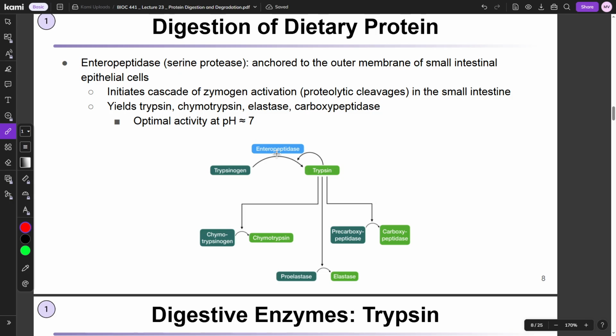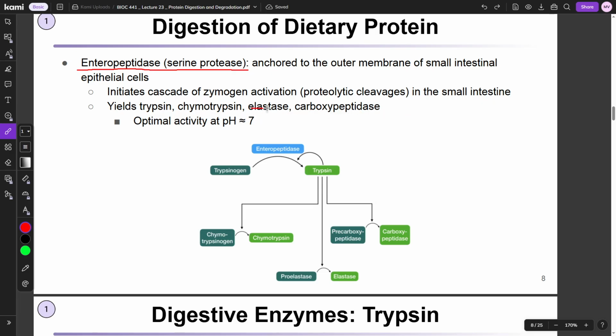Here is the main thing to keep in mind in terms of these intestinal ones: enteropeptidase is very important. Actually, it's a serine protease. It's anchored on the outer membrane of these small intestinal epithelial cells. And so once the pancreas releases all its zymogens into the small intestine, the enteropeptidase, which is an active enzyme on the membranes of the epithelial cells, actually activates the zymogen. Specifically, it activates trypsinogen. So it basically initiates a cascade of zymogen activation, which yields trypsin, chymotrypsin, elastase, carboxypeptidase,